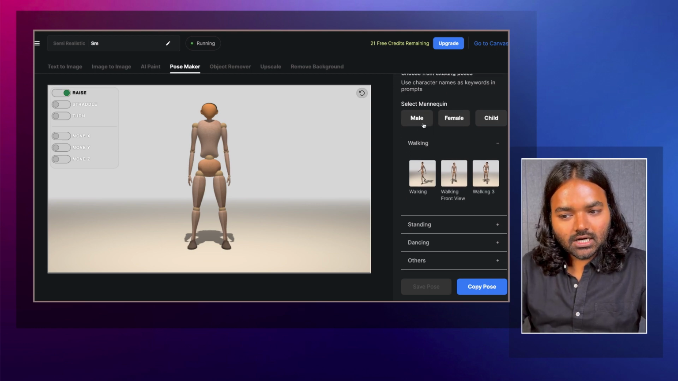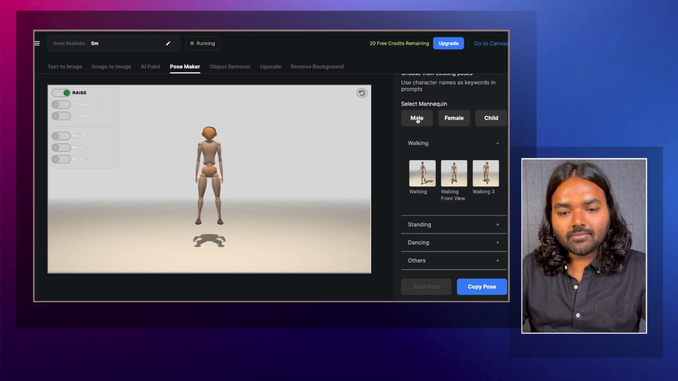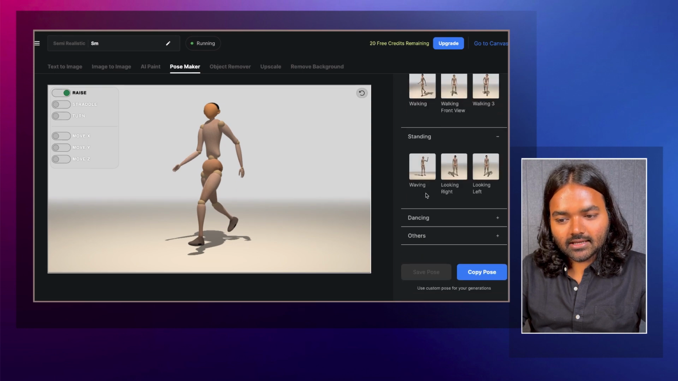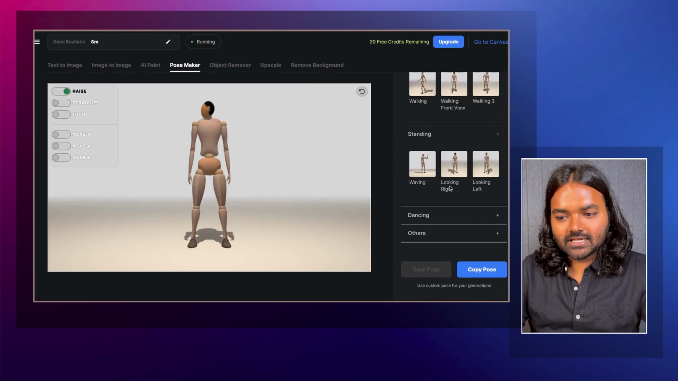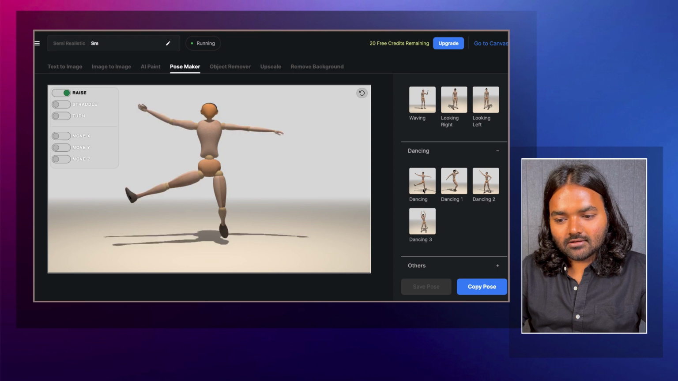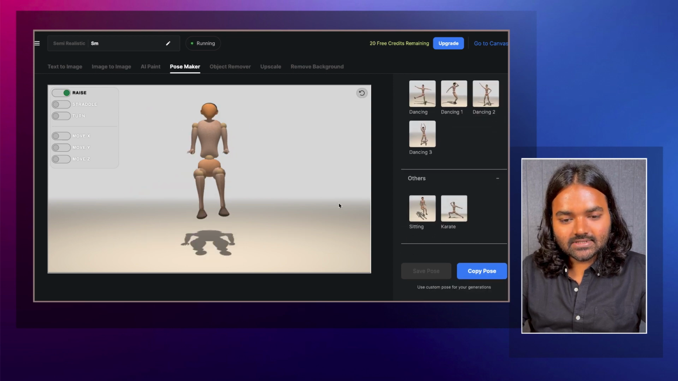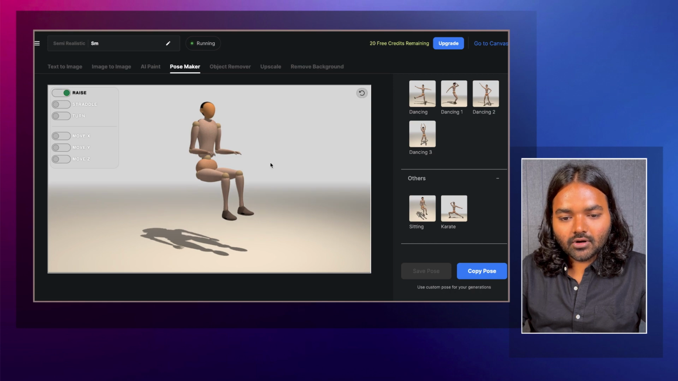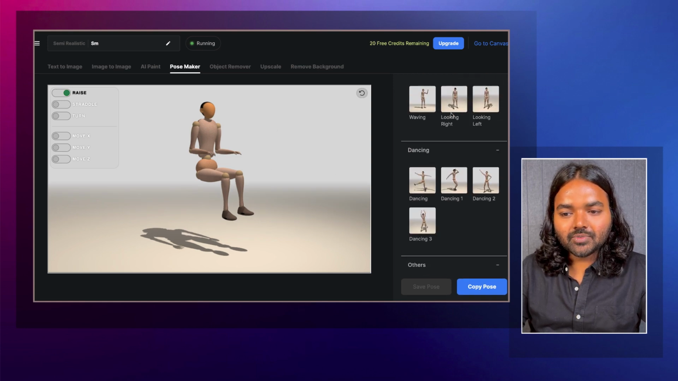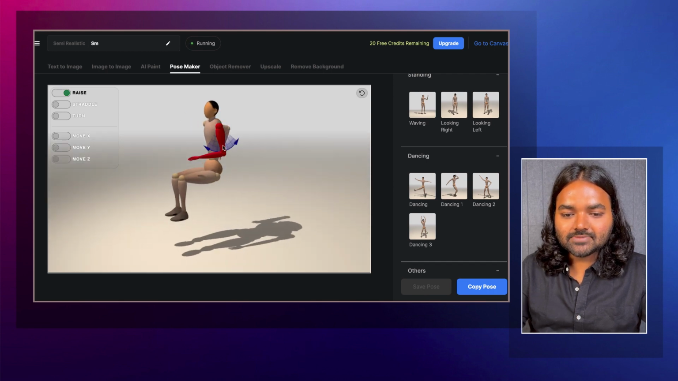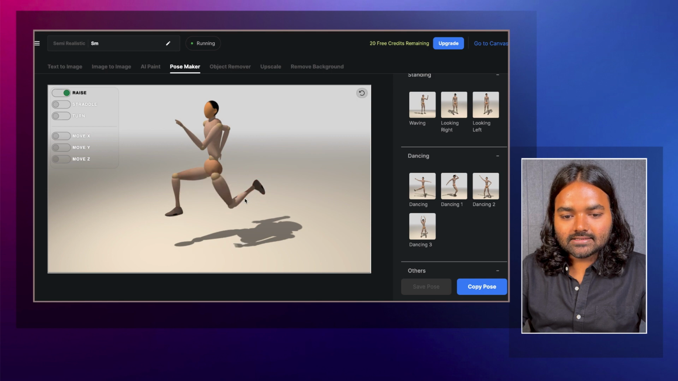In Pose Maker, you specify the class from the settings, be it male or female or child. We have a few presets, those are walking. Then we have some standing presets like this. You can also add dancing ones, right, and a few other miscellaneous ones. So if you're happy with your existing presets, well and good. Otherwise, you can modify accordingly as per your requirement, like this,